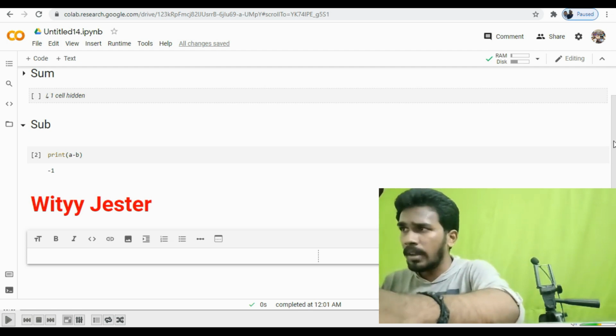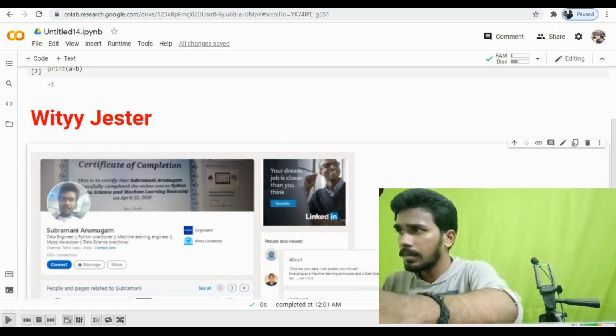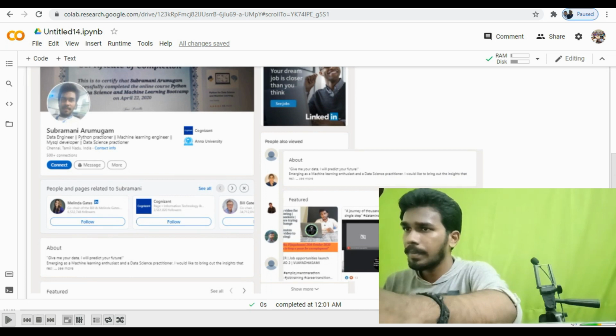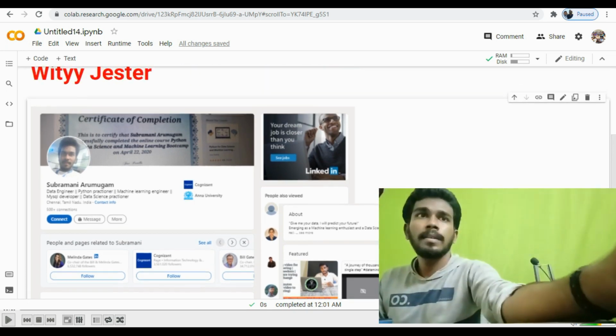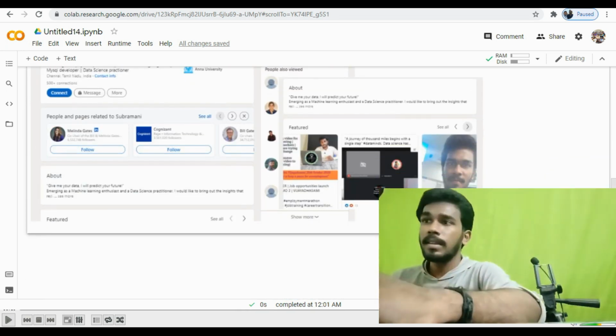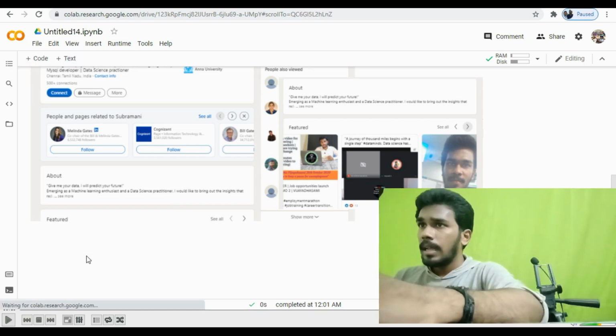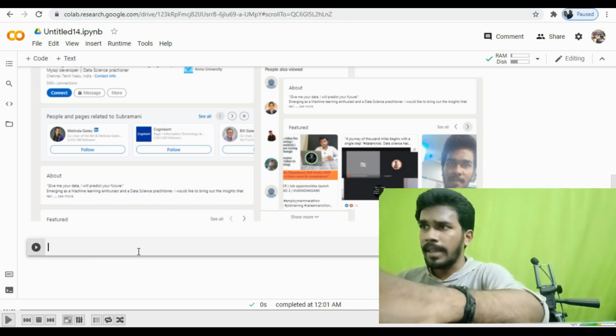Yes, now you can see this LinkedIn profile which I have exported from my gallery. So my LinkedIn profile is available. So this is how we create headers, this is how we create images.